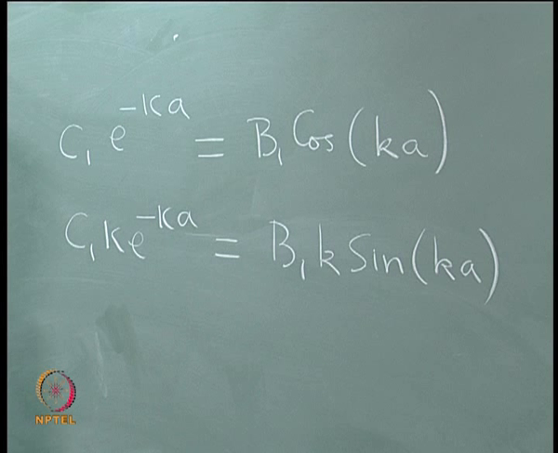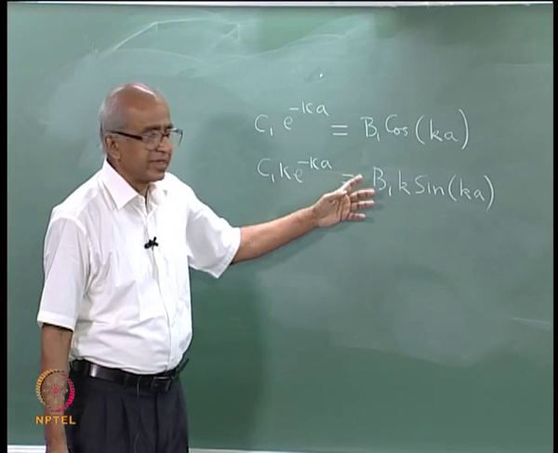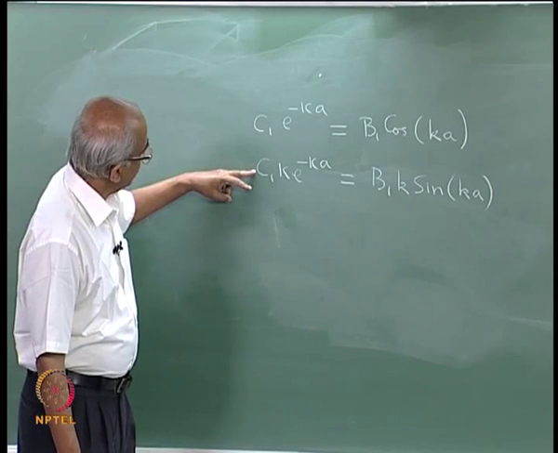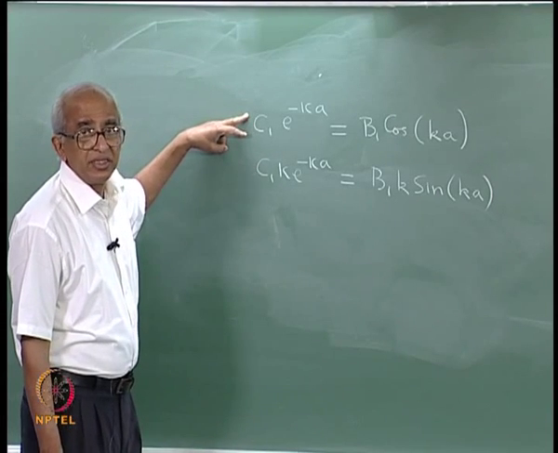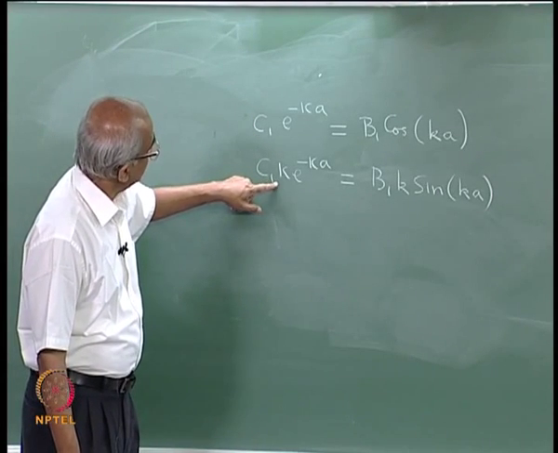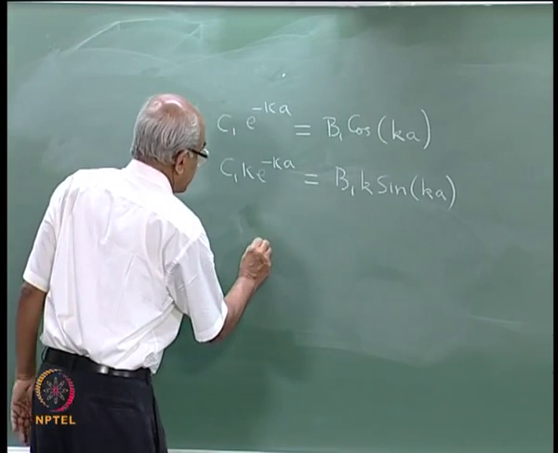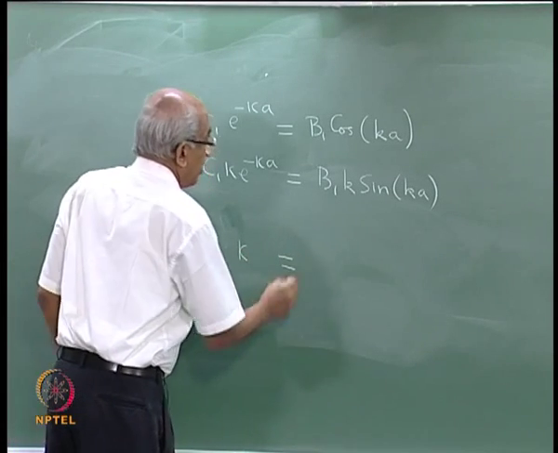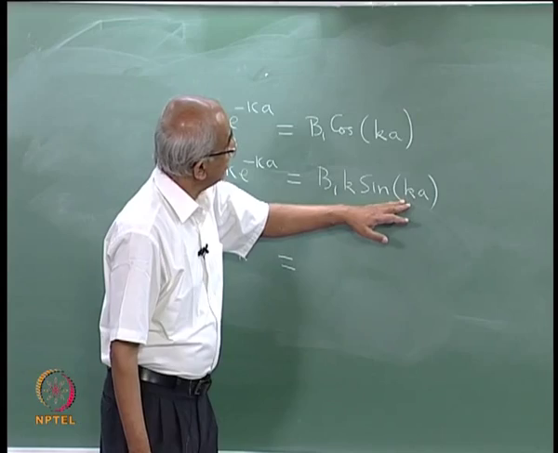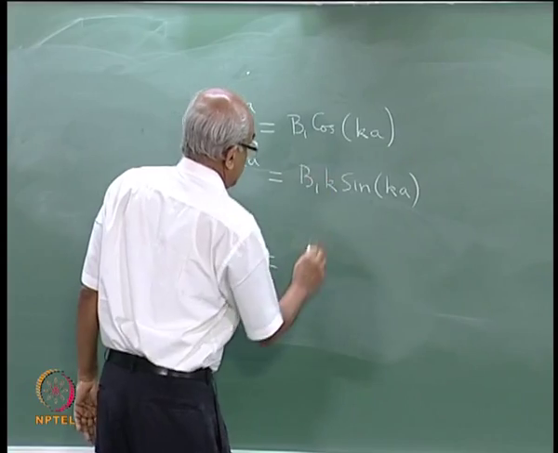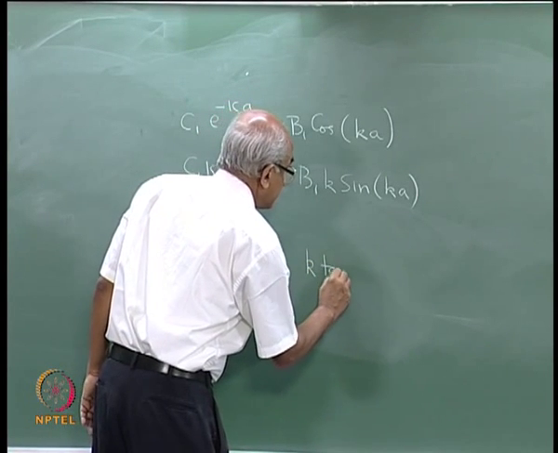See, these are the two equations that we arrived at, and of course these two equations contain the unknown quantities B1 and C1, but it is very easy to get rid of them. The way to get rid of them is simple. What you do is you take the second equation and divide it by the first equation. That means the left hand side of the second equation I shall divide by the left hand side of the first equation. What is the result? The result is actually kappa, and the right hand side of the second equation I will divide by the right hand side of the first equation. The answer is going to be k tan Ka,